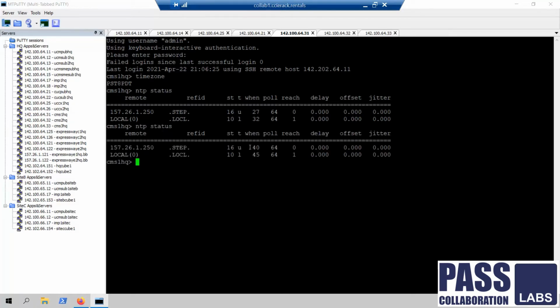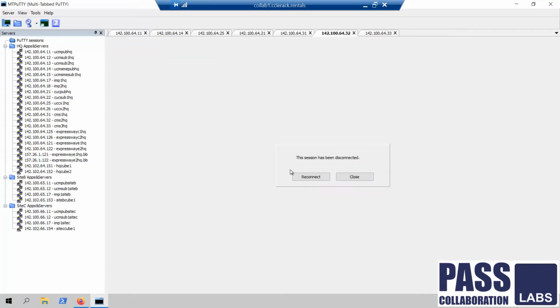The NTP is not synced, so we need to delete and add it back. That's it, and it would be synced in some time.